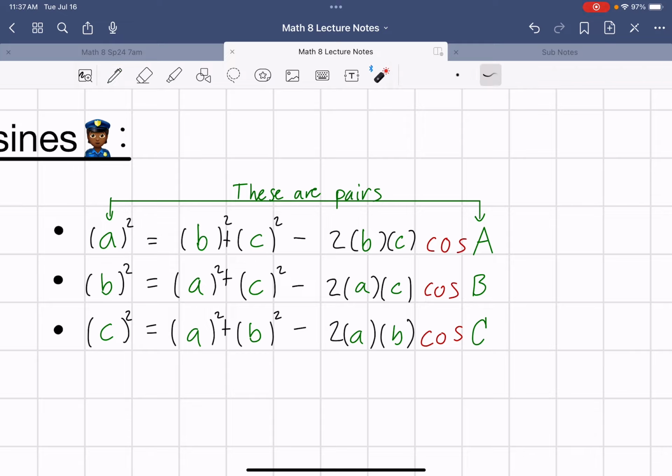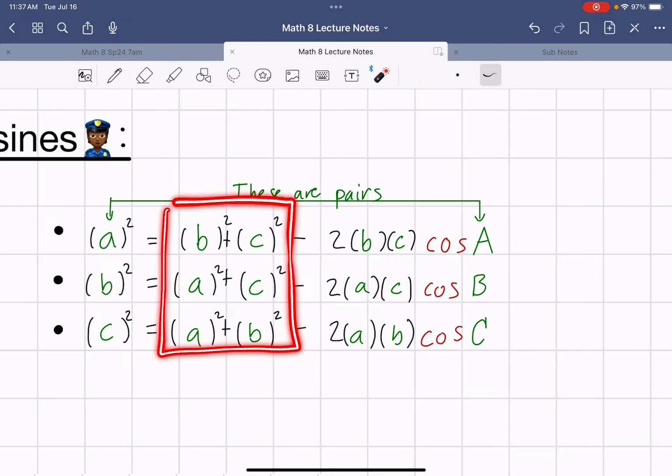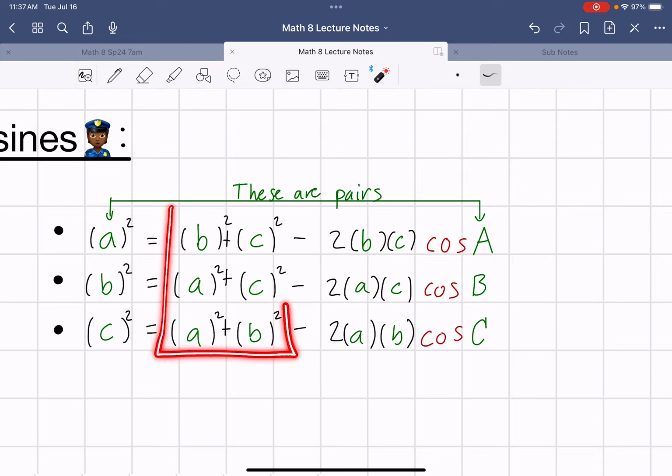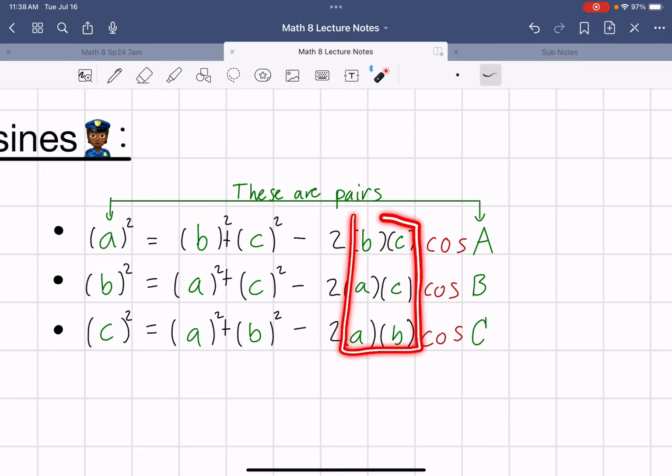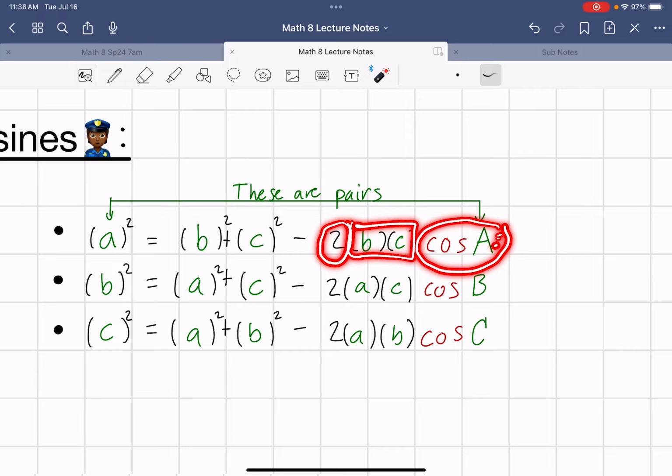So you do the sum of the squares of the two opposing sides, and then you subtract double the product of those two opposing sides, and you multiply by the cosine of the angle that corresponds to that side, if you want to